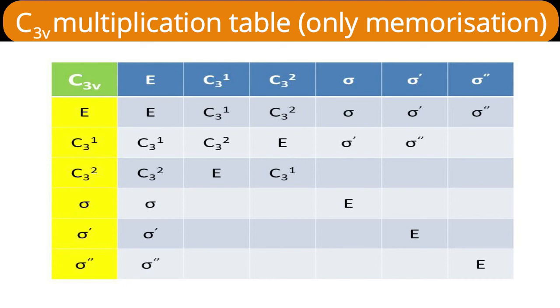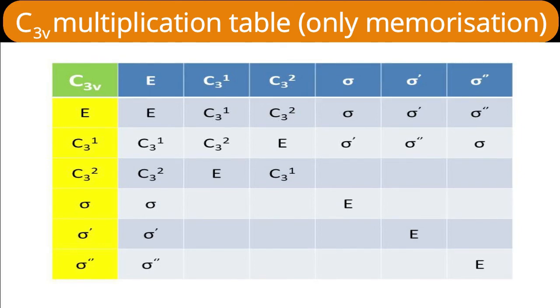Likewise, I'm sure now you can guess the result in the last position in the second row. C31 into sigma double dash. Next plane. Actually, the cycle will complete there. Sigma double dash is the third plane. Again, we'll come to the first plane. That's the first plane, yes, sigma. Now let us compute the positions which result from multiplication between C32 and various planes.